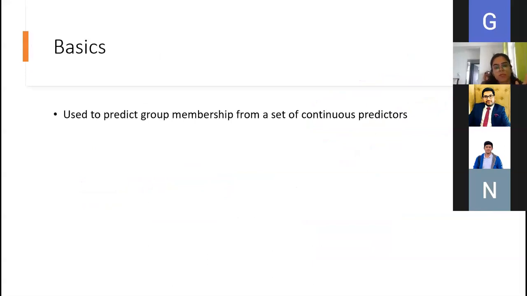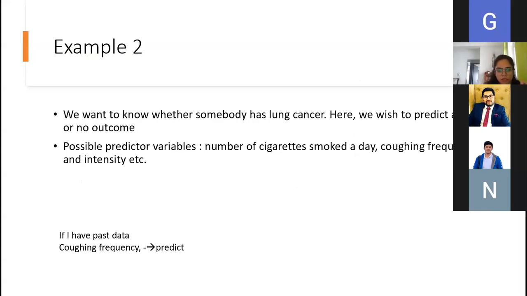So the basic is that you use it to predict group membership, whether your respondents fall in group 1 or group 2, based on some predictors. That is the basic. So let's say another example. We want to know whether somebody has lung cancer. Here we wish to predict a yes or no outcome. Okay, so possible predictors could be,